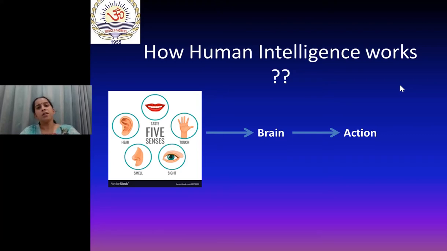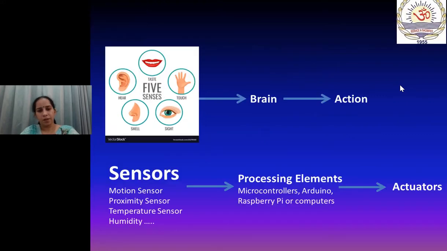That means the whole intelligence works in 3 stages. Senses sense the environment, the brain processes that information, and instructs our other body parts to take the action. If the same thing is to be repeated in machines, the senses are to be replaced by sensors.